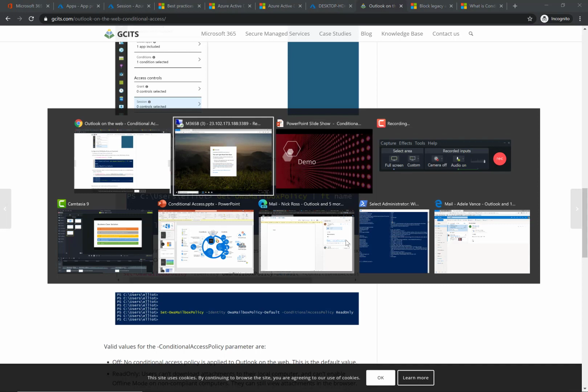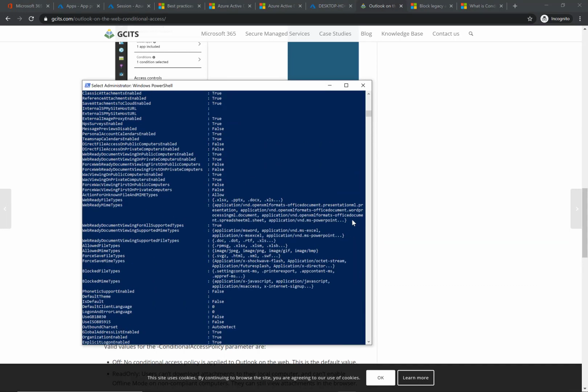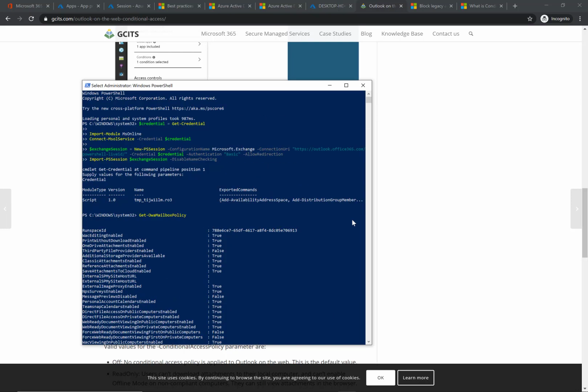So the first thing you would do, and you can follow these steps within there, is connect to Exchange Online via an elevated PowerShell prompt. So run PowerShell as administrator, run the commands to connect to Exchange Online, log in as a global administrator, and